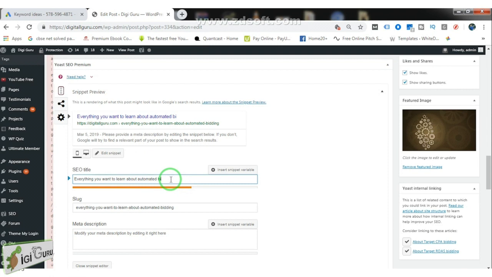The basic character limit of the SEO title is 512 pixels or 60 to 80 characters. So it is always suggested to keep writing your SEO title till the line goes green, right? So I'm just redoing it. You can see the moment I've written the full heading, the line of my heading is green.